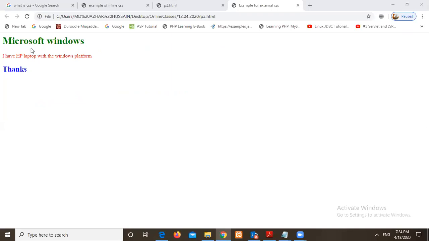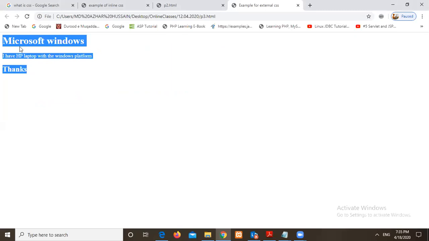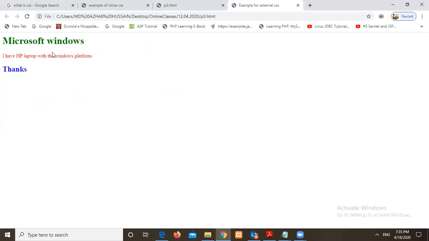Can you see this? Here I have H1, this is my paragraph, and this is my H2. So it has taken the coloring properties from the external page, the external cascading style sheet page. We save that page with the .css extension.